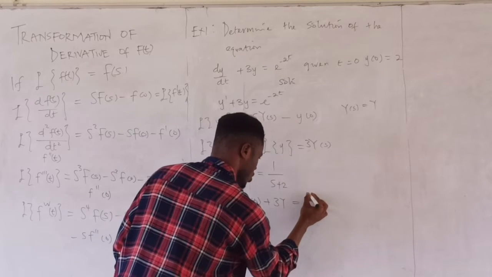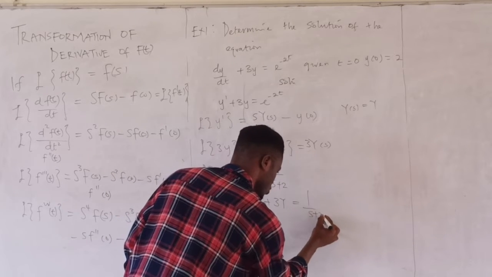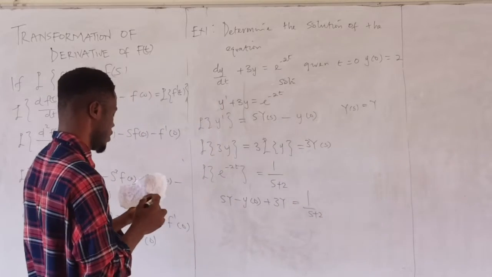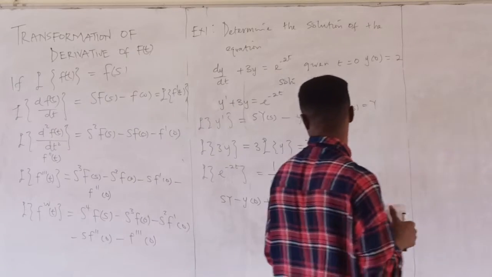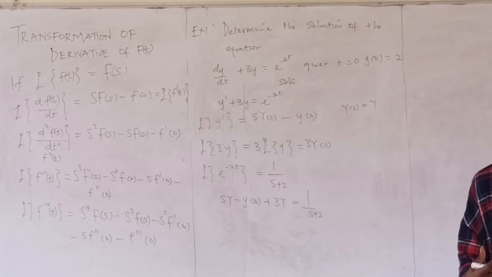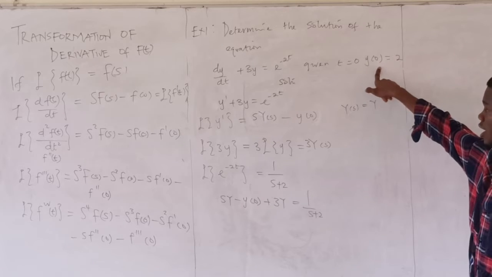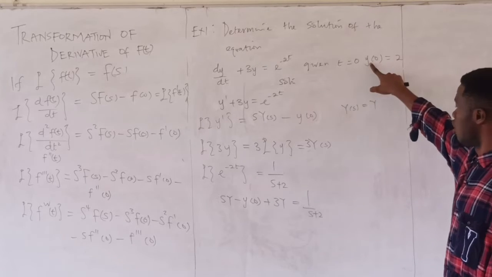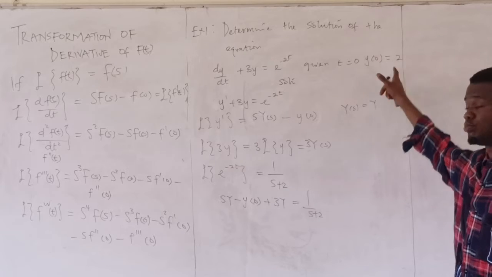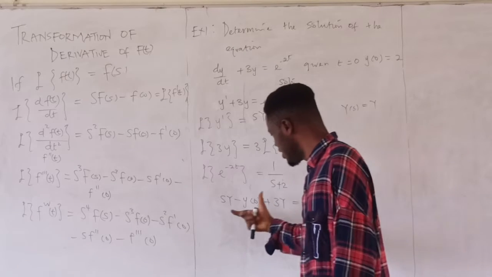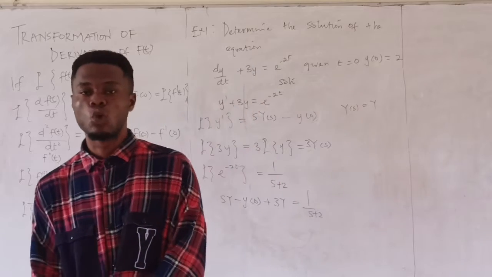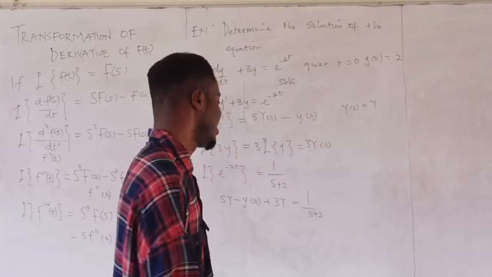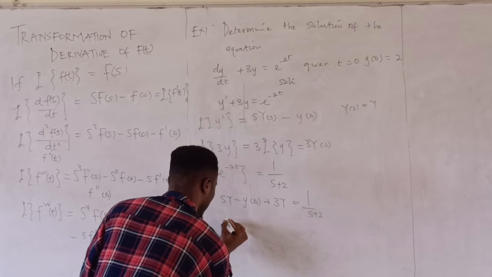So you have 3y equals 1 over s plus 2. Right? This is what you are going to have. So the next step you are going to do is to look at the initial conditions that we are given. Judging from here, the initial condition was that y of 0 should be equal to 2. So wherever we see y of 0 in this function, we should make it equal to 2. Alright? So this will now give us s